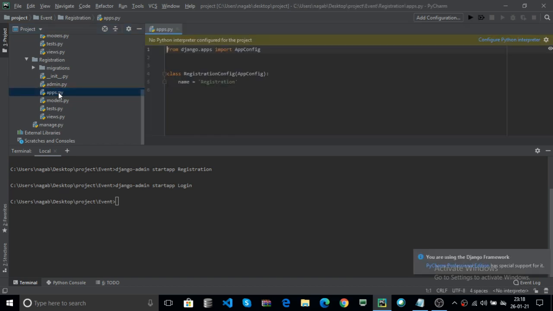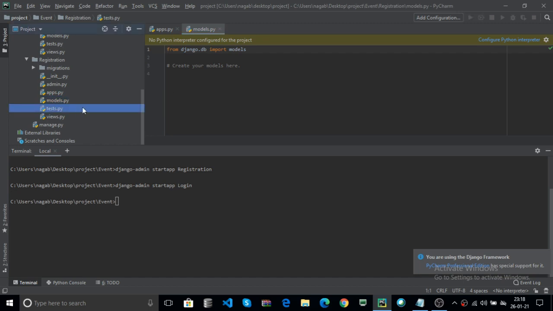For example, click on apps.py. Here it provides the app configuration. Now in models.py you create your application model, that is the table in your database. Here tests.py is used to test the registration app only. Here views.py is used to write the logic.